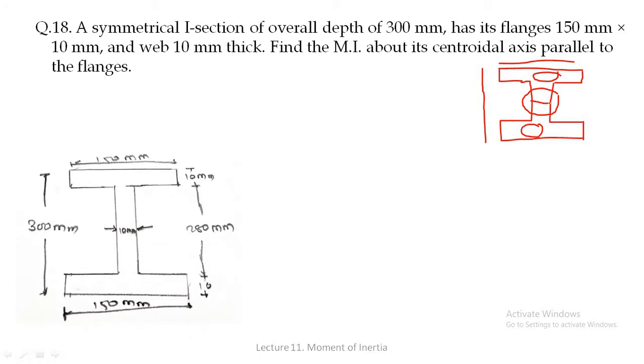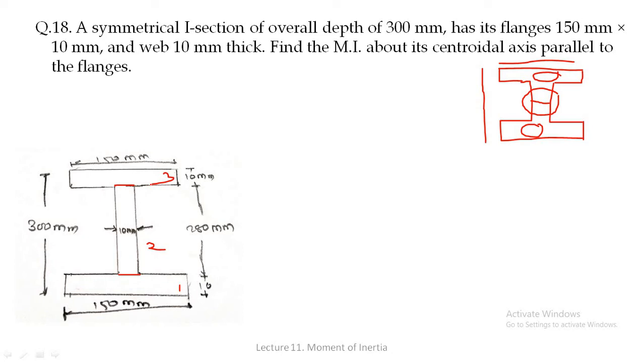So our section will look like this, an I section. To solve this numerical in the way that we solved the last numericals, and the way we adopted through our lecture series on moment of inertia, we will divide this I section into a number of rectangles. We will consider the bottom rectangle as 1, the central rectangle as 2 and the topmost rectangle as 3.